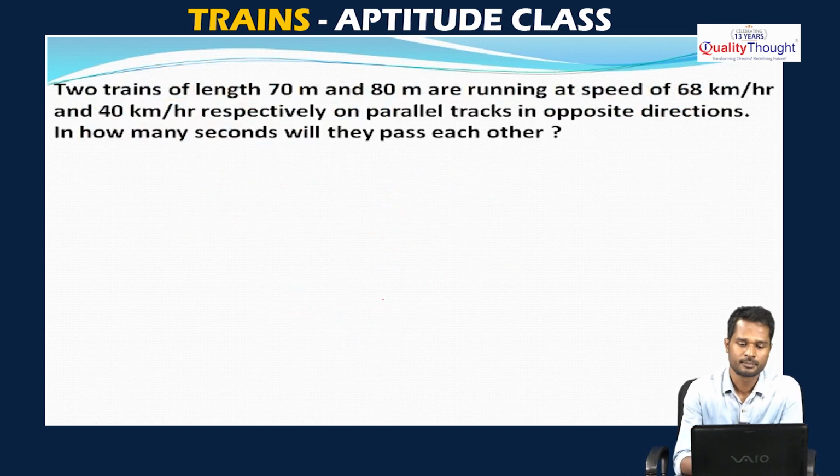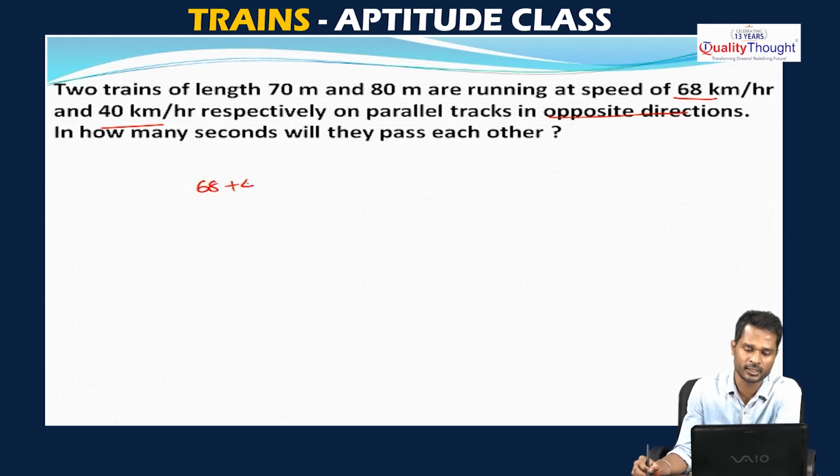The question says two trains of length 70 meters and 80 meters are running at speeds of 68 kilometers per hour and 40 kilometers per hour on parallel tracks in opposite directions. In how many seconds will they pass each other? Very simple question again. So, the trains are moving at speeds of 68 and 40 kilometers per hour respectively in opposite directions. So, it is 68 plus 40